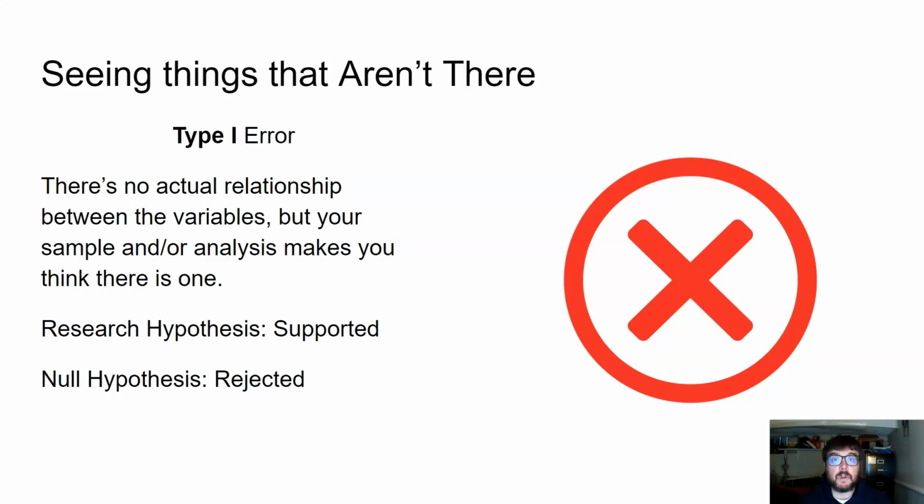In the real world, there's no actual relationship between the variables that you think are related to each other. So your research hypothesis has stated that there's a relationship between variable A and variable B, and you collect the data in your sample and you find that relationship between variable A and variable B in your sample. But it turns out, maybe through more extensive research or having something else happen that shows that you're wrong, that in the real world, that relationship's not actually there. So by mistake, you reject the null hypothesis, and by error, therefore, you call the research hypothesis supported. It's a type 1 error.